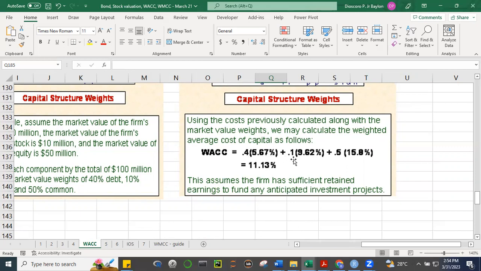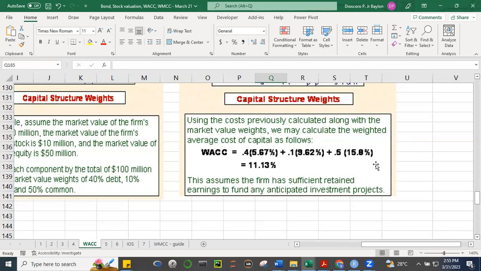And then this one is the preferred, and let's assume that it's 10%. If we computed the weights of the capital structure, 40% comes from debt, 10% comes from preferred stock, and 50% comes from equity, which is this one. So you multiply the weights by the individual costs. This is the after-tax cost of debt, this is the cost of preferred, and this is the cost of common stock. Now notice that